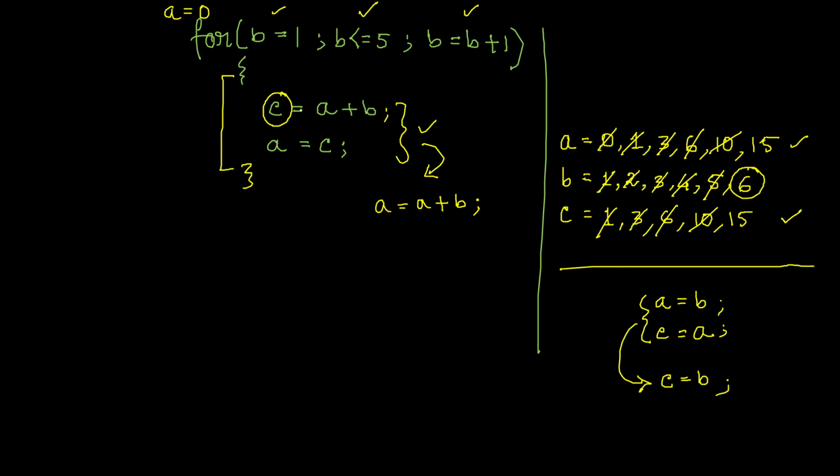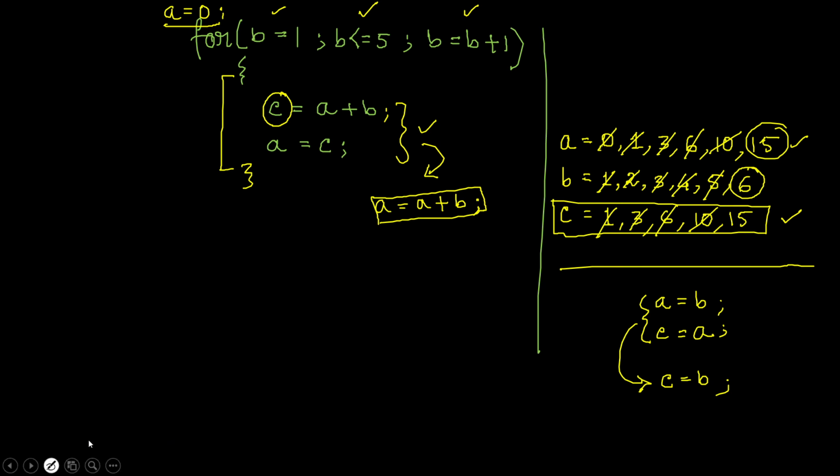For example, here A is actually storing the result. If you forget about C for the time being, because we have seen that if you write this particular statement only, then you don't even need C. Only by this statement you can compute the result. That is 15. That means A will contain the result, and A is representing the initial sum, right? That's why, if I just write the program correctly, now let's write it.